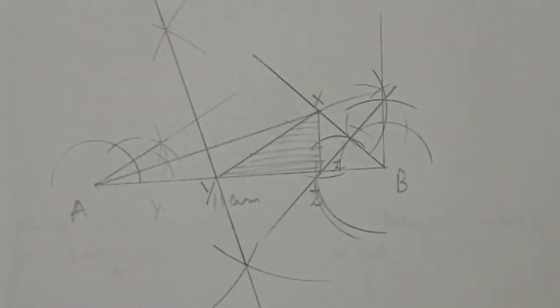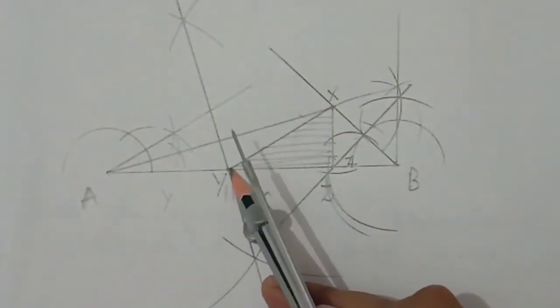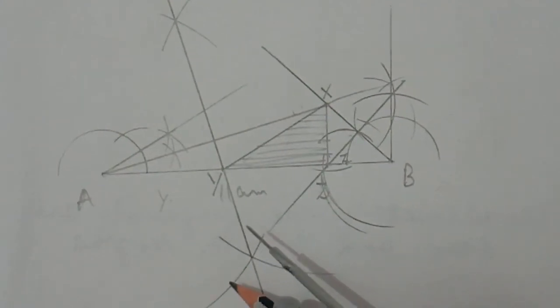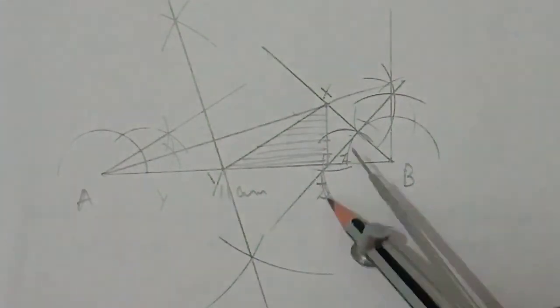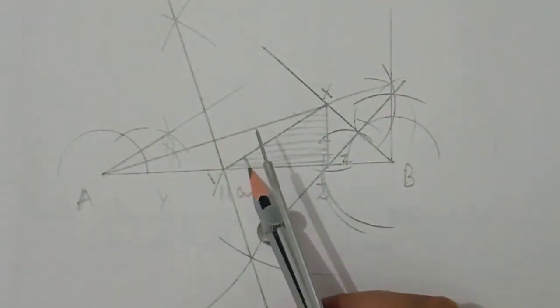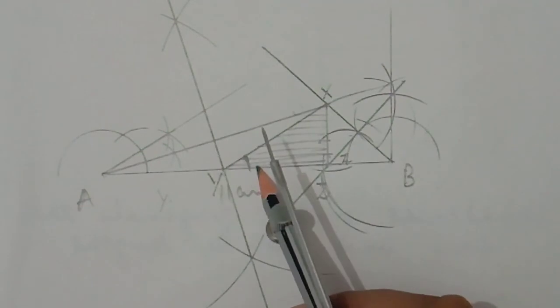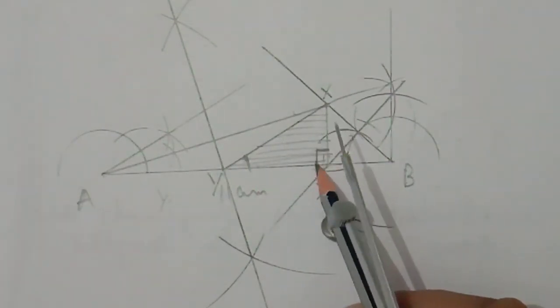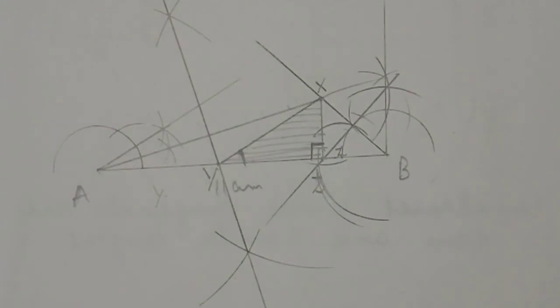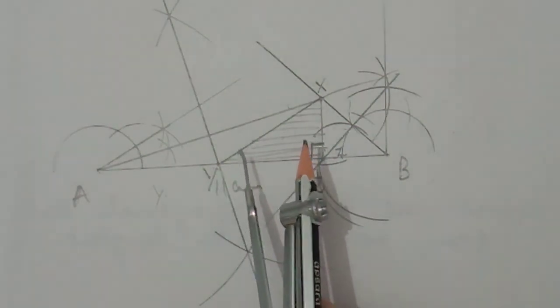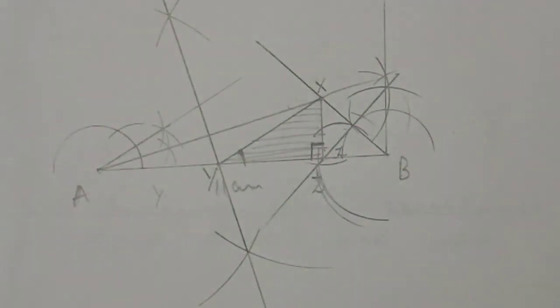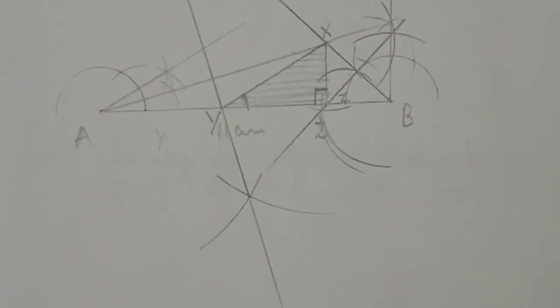So students, now for the verification that this is correct or not, you have two ways. First of all, with the help of the scale, you will measure all three sides and take the sum of all three sides. That should be equal to 11 centimeter, otherwise your construction is not correct. And you have to measure with the help of a protractor that this angle is angle Y, which is given as 30 degree, and angle Z, which is given as 90 degree. They should also be the same as the given angles. This is your required triangle. So students, this is the last topic of today's lecture.